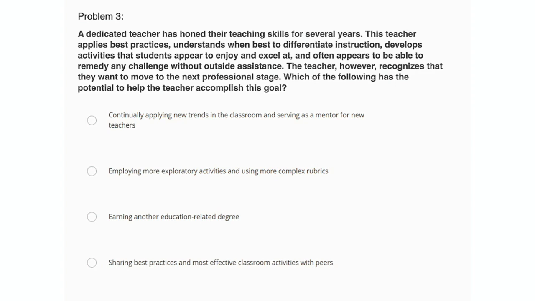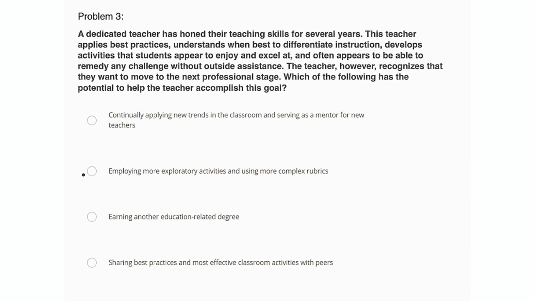So this is not a new teacher, right? We're describing someone who is at the accomplished professional stage. But if they're looking to move to the next stage, which would be the distinguished stage, let's see what they should be doing. We're really looking for things that show that they're serving as a guide for younger teachers and that they're showing leadership in the school system. Those are the most important elements. So